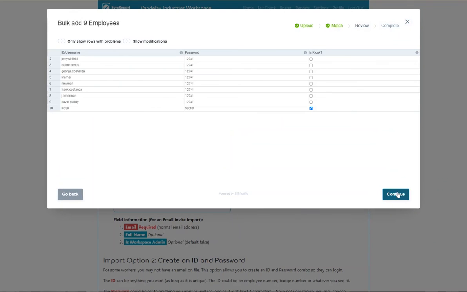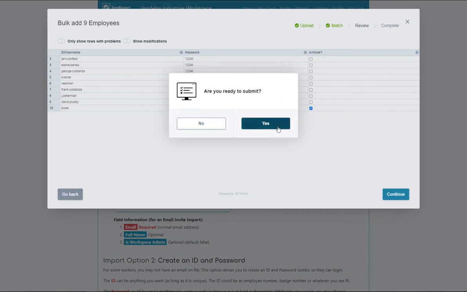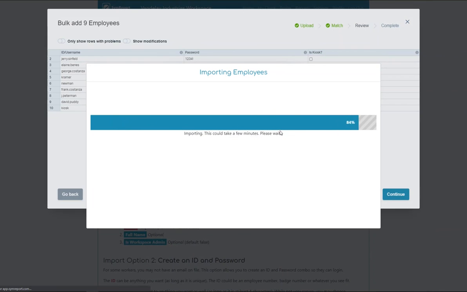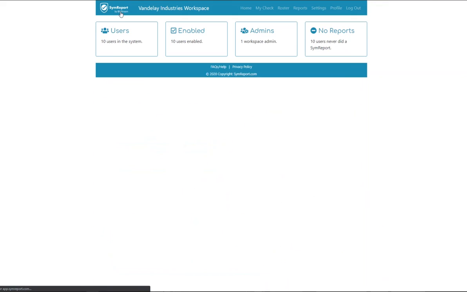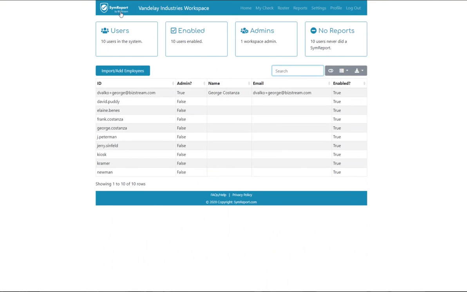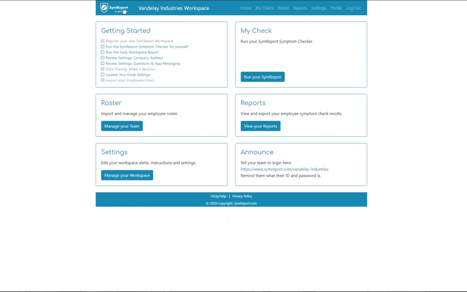If all looks good, click the Continue button to start the import. Depending on the number of employees in your roster, the import may take a few minutes. Once your roster has been imported, you may notify your employees that they may start checking in with your organization's